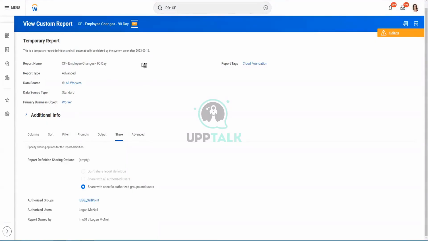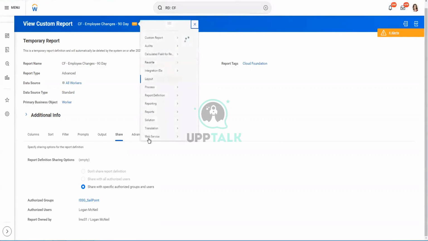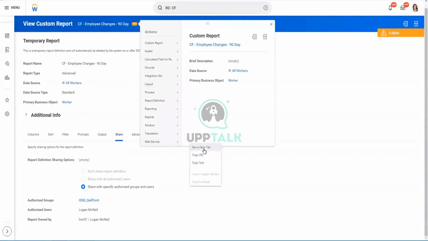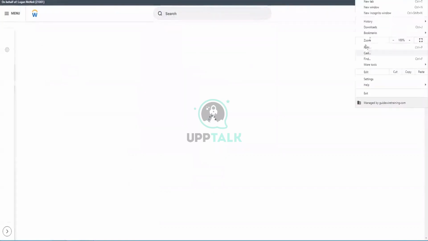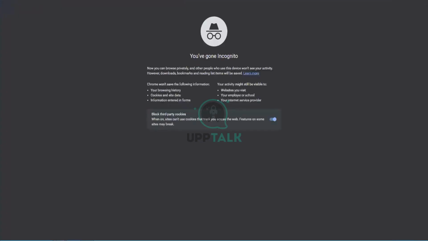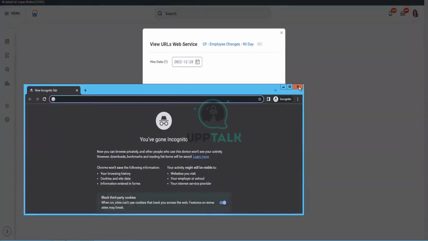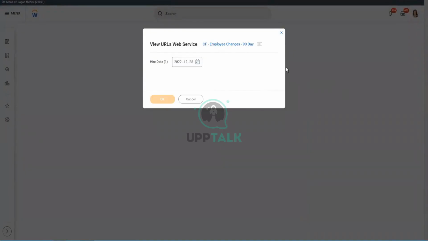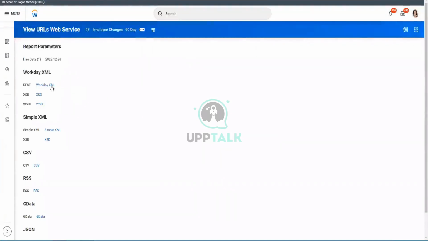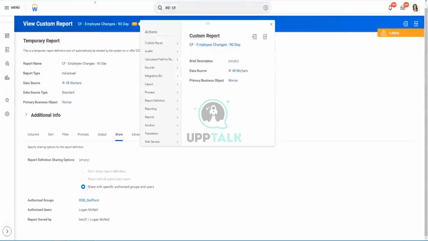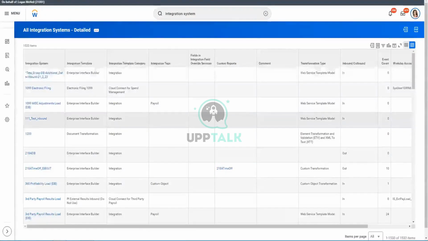If I look at the web services for it, it's simple XML. Let's open it in a new tab. Integration user was